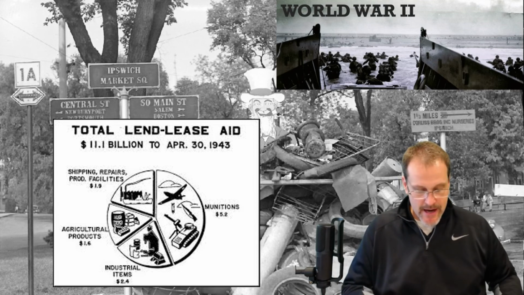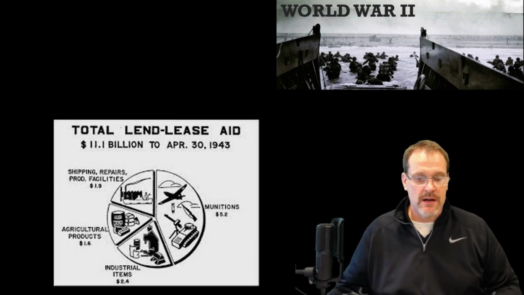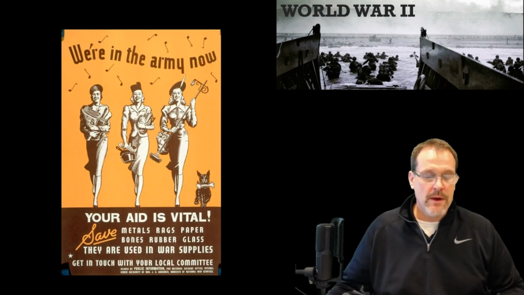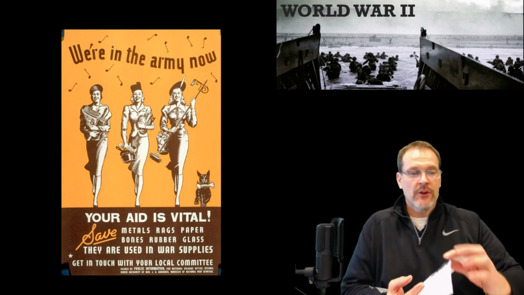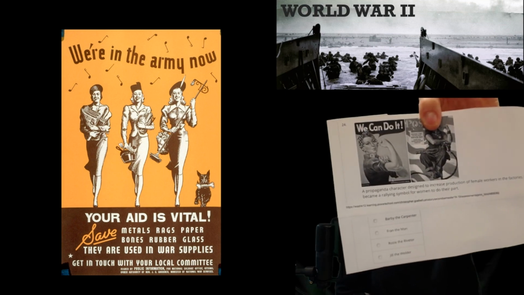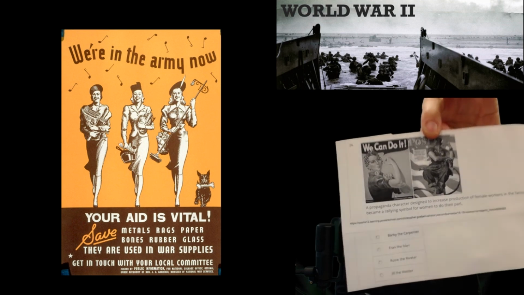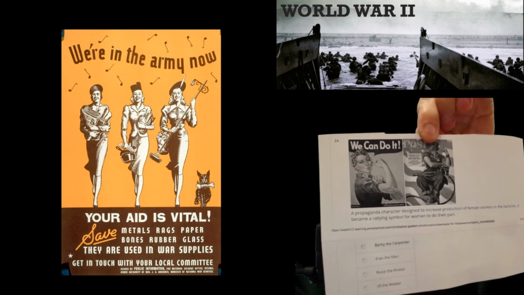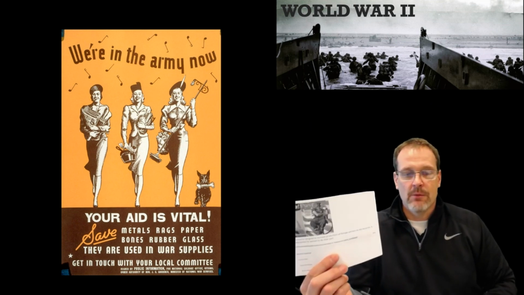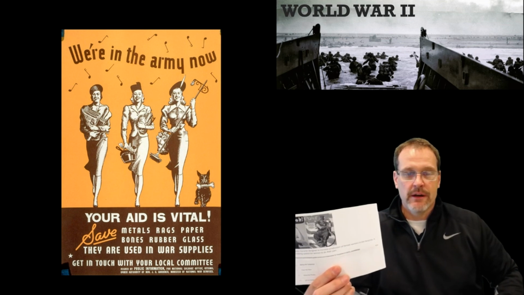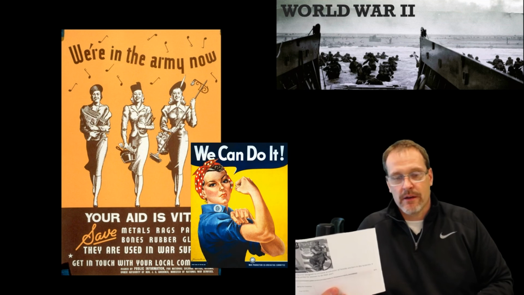Okay, the last item on here goes into the idea of resources. Now, I'm going to go into here. Probably one of the most abundant resources we had was manpower. We also had woman power. Now, this is actually a picture of somebody called Rosie the Riveter. Rosie the Riveter was a campaign to basically show the importance of women being involved in the efforts of the home front. Working in factories, women did just about everything.